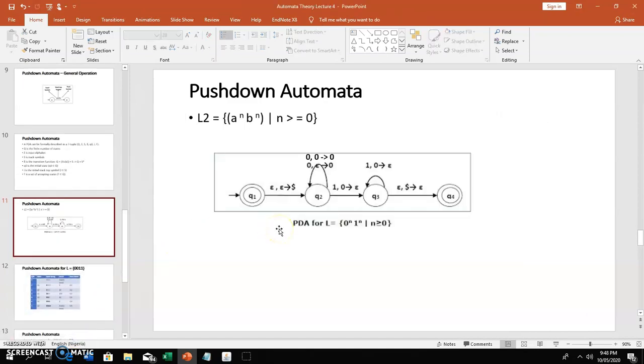Now, for the example I gave to you the other time, let's try. I'll still try and solve it in JFLAP, but there's a bit of difference. That's why I said general operation and JFLAP operation. But the difference is not so much. The difference is that